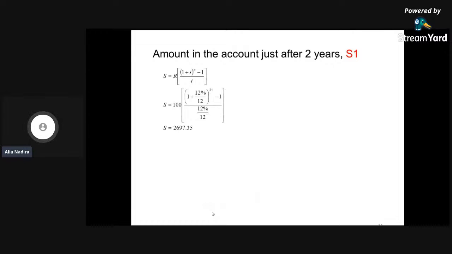So this one is the amount in the account just after 2 years, okay? So after 2 years tu, dia masuk 100 ringgit, right, every month. So what we have is this one, this amount. So kita biar just in this amount dalam bank. So walaupun kita biar, tapi still dia ada interest. Okay, so dia ada compound interest sebab dia annuity compounded.